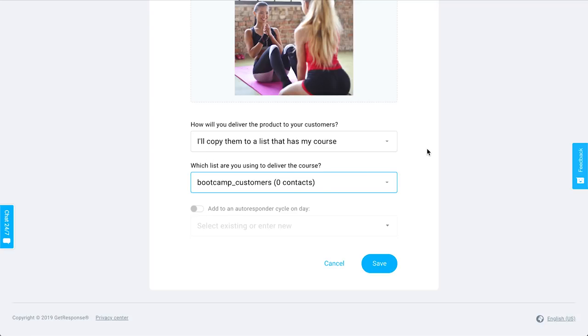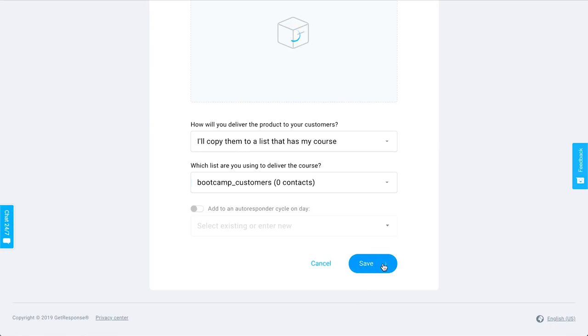So let's say you're going to add this online course content as autoresponders, or maybe as a marketing automation workflow that will automatically start sending these emails to people after they're added to this list after they purchase. So that's up to you if it's an autoresponder, or, in my case, I've set it up as an automation workflow. So I'll click Save now, and my product will be totally set up and ready to be